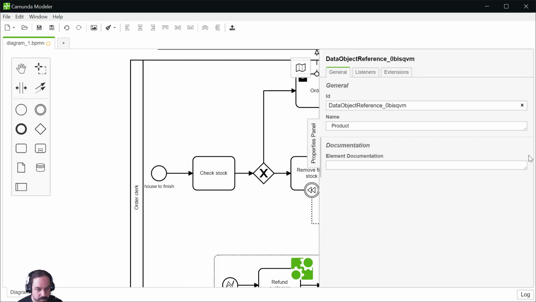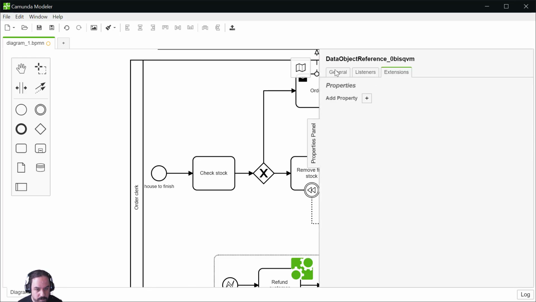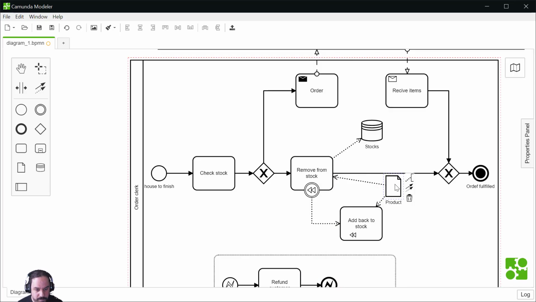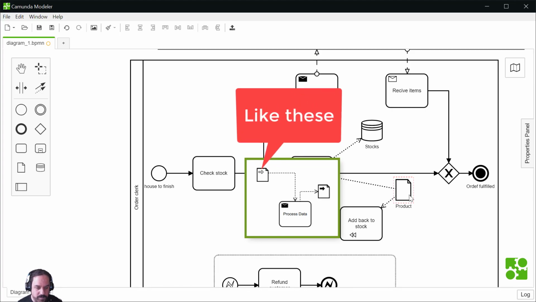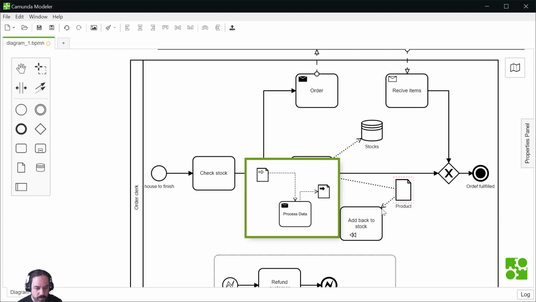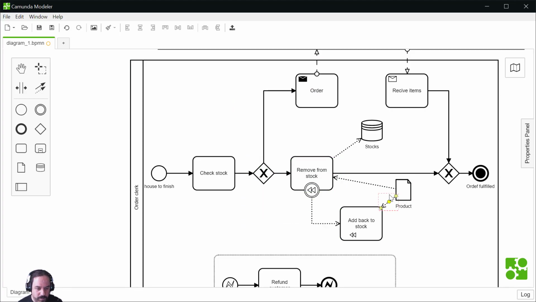And normally we can put input and output, but not here. Normally you can have a smaller row indicating the kind of object if it's an input or output. But I don't see the option here. So there is not the option. Now you can have a white or black arrow, which means input or output. You can somehow guess it with the arrow. If the arrow goes to the process, it would be an input. If it goes the other way, it would be an output.